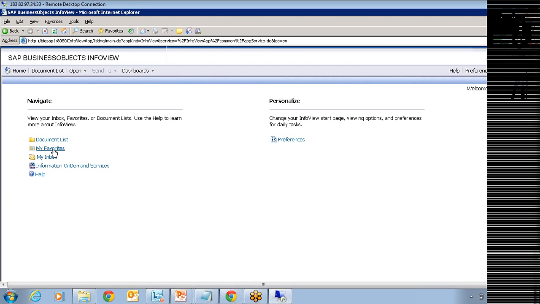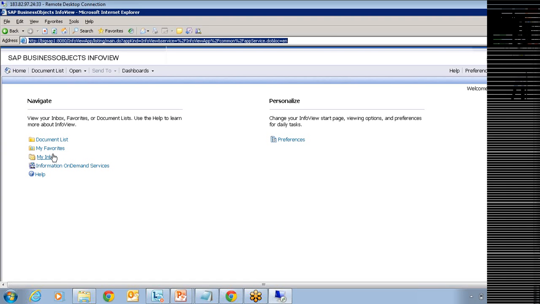And in My Favorites, you can add your own favorite links, like how we add hyperlinks as favorites. You can also add favorite reports into My Favorites, which is specific to the user who logged in. And then My Inbox. Even this inbox is specific to the user. Let's say in Business Objects Enterprise you have around 1000 different users, and you want to share some information from one user to another.